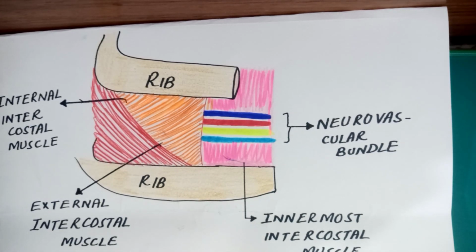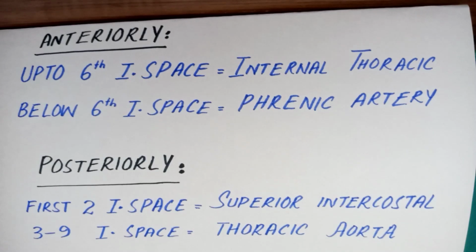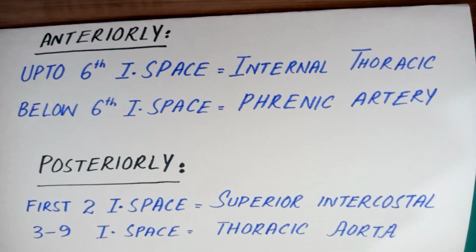If we talk about the blood supply of the intercostal space, as I told you, these are 11 in number. Anteriorly, the anterior and posterior intercostal spaces along with the ribs form the rib cage. Anteriorly, up to the 6th intercostal space, it is supplied by the internal thoracic artery. Up to the 6th intercostal space anteriorly, it is supplied by the internal thoracic artery, and below the 6th intercostal